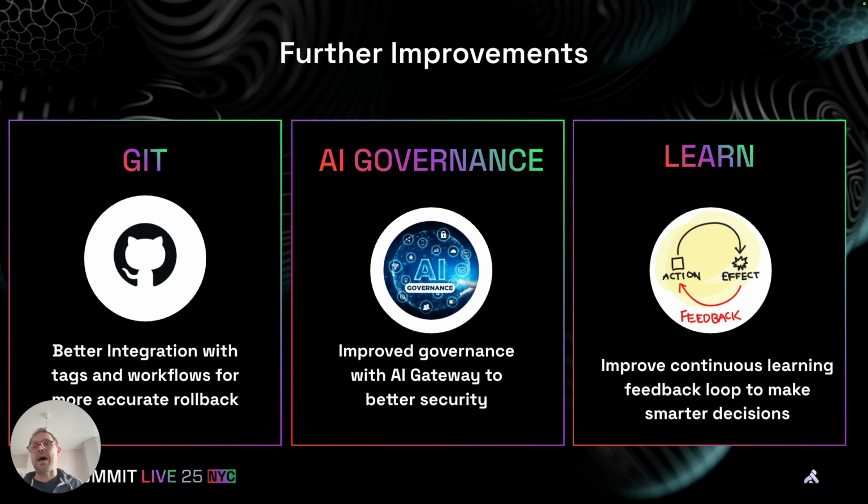So having a look and seeing, did a workflow run in the last 5 or 10 minutes? And that is then evidence that a configuration has just been pushed that can cause it, rather than it just going in and making any changes. The next would be around AI governance. So there's not much governance that I've got here, but I would definitely look at better security and 100% more guardrails around what this is doing. At the moment, it is a bit too open, but I'll definitely look at using some kind of AI gateway to manage that. And the last one is probably improving on the learning feedback as well.